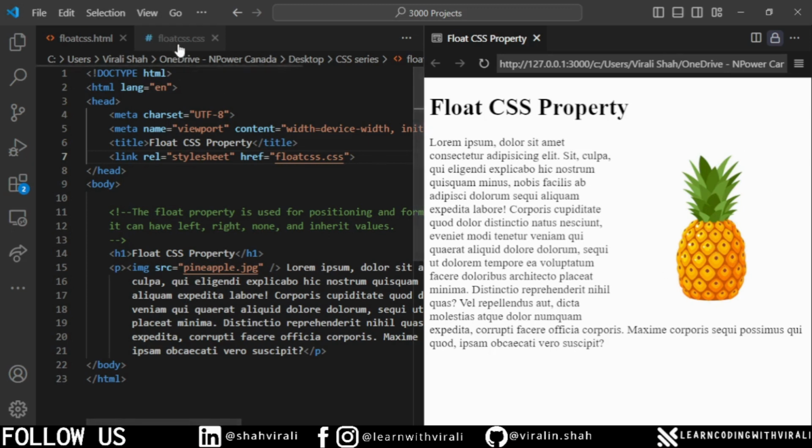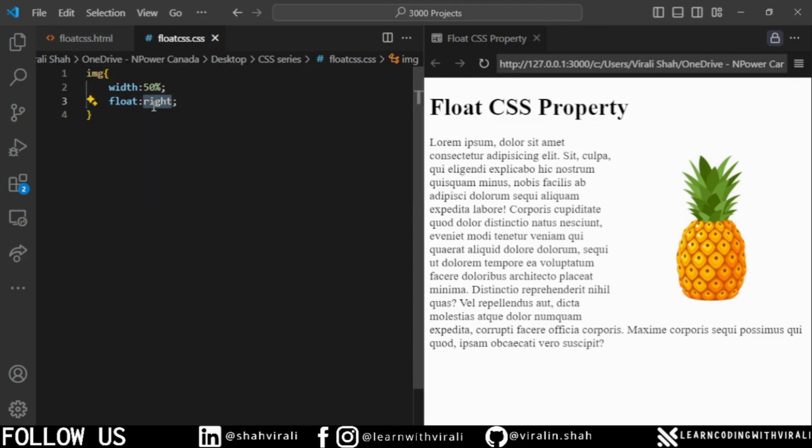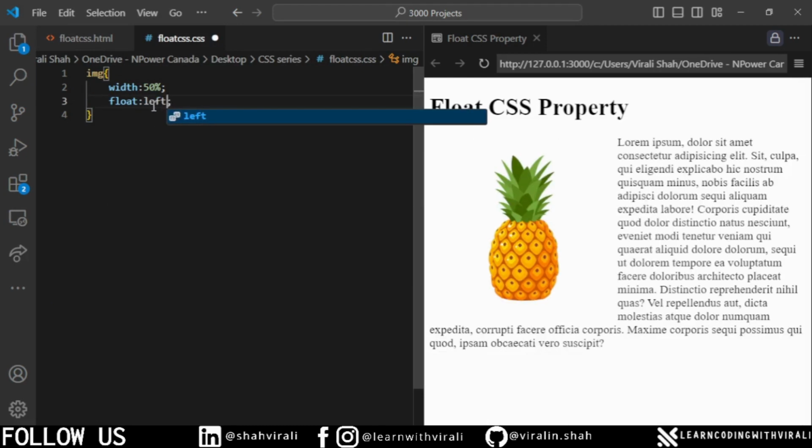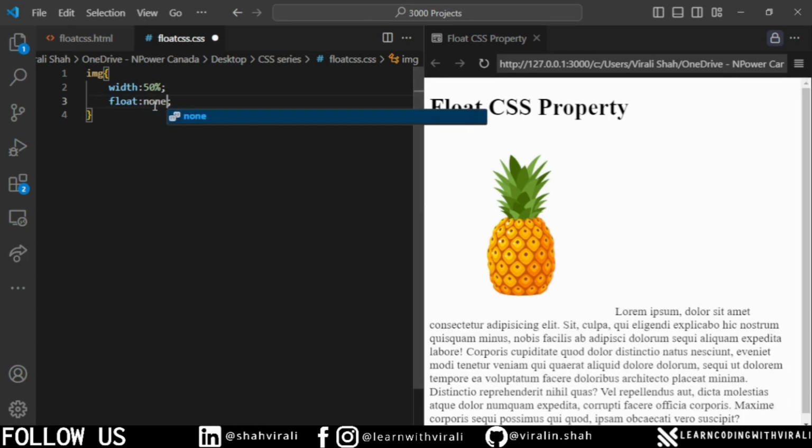If we just modify the float value to left, the image is now going to be placed on the left, since we are saying it to be positioned on the left. Now, if I say float as none, it simply means that we are not going to position or format the element based on the text. It can come in as and how it is arranged. So first we have the heading, which is float CSS property, then we have the image,